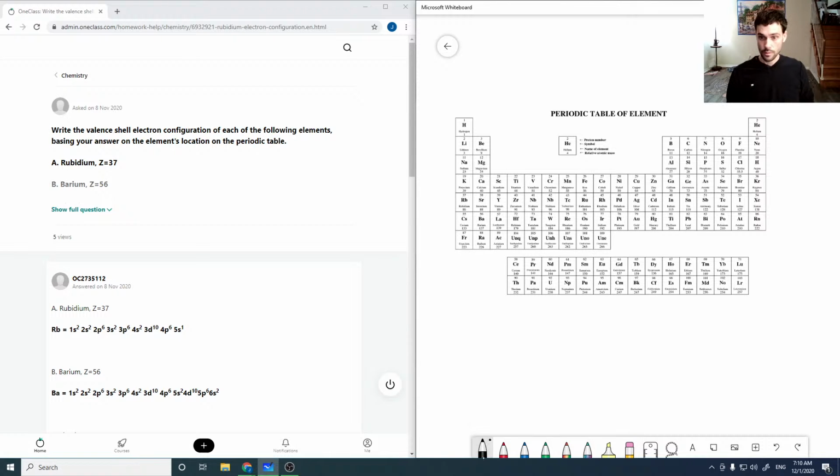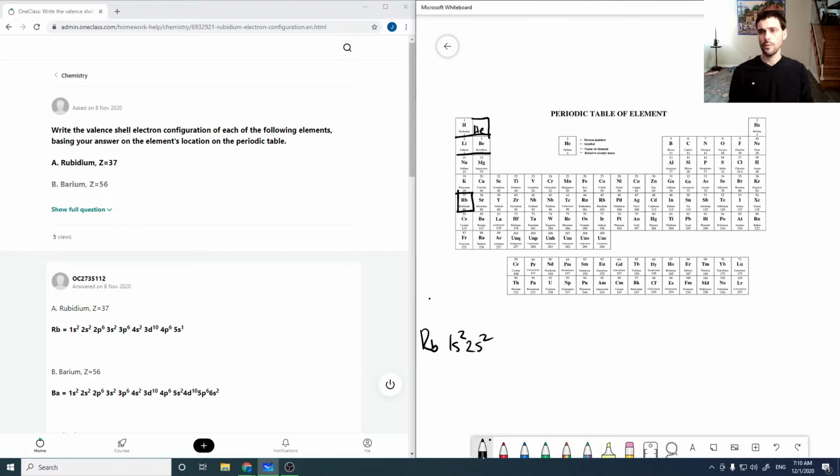Just so we can find everything. So rubidium is here. Okay, and so to get our valence shell electron configuration, remember that helium should be here. So that's what rubidium is: 1s2,